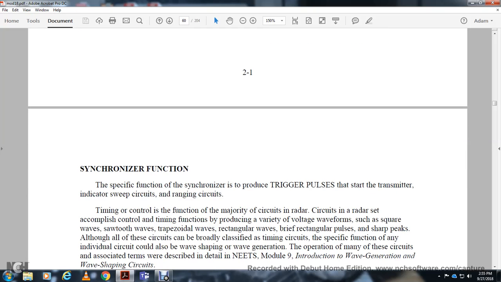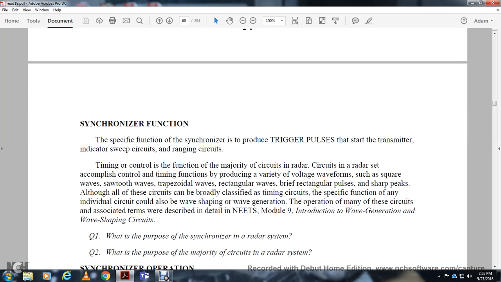The specific function of the synchronizer is to produce the trigger pulses for the circuits of the transmitter, indicator, and sweep circuits. Arranging the time control is the function of the majority of the circuits of the radar set. They accomplish the control of timing functions and produce a variety of voltage waveforms, such as the square wave, the sawtooth, the trapezoidal wave, the rectangular wave, the rectangular pulse, and the sharp peak. Although all of these circuits can be broadly classified as timing circuits,